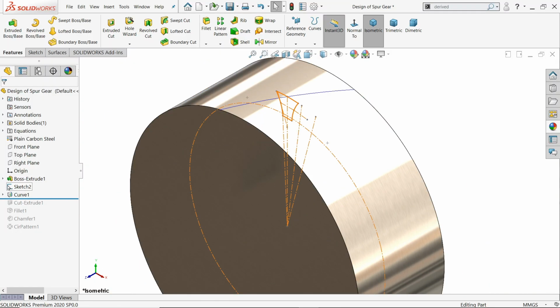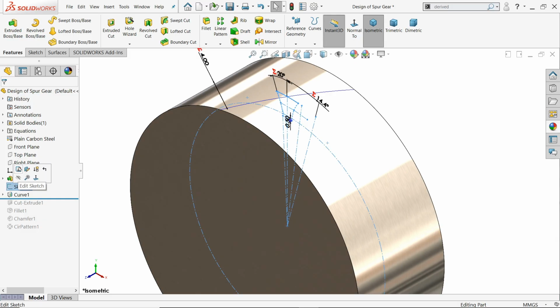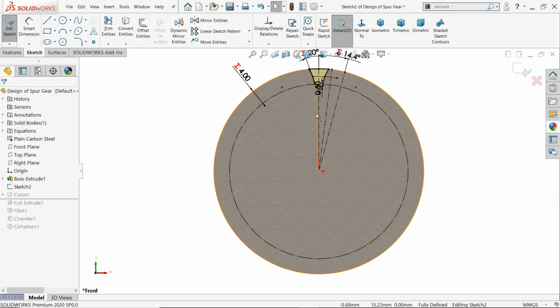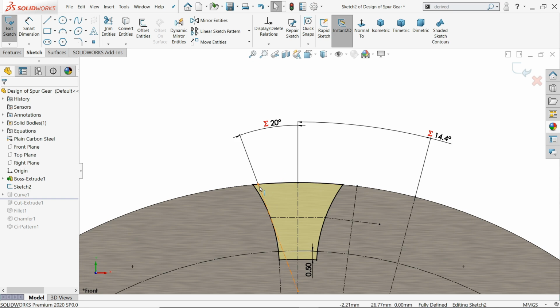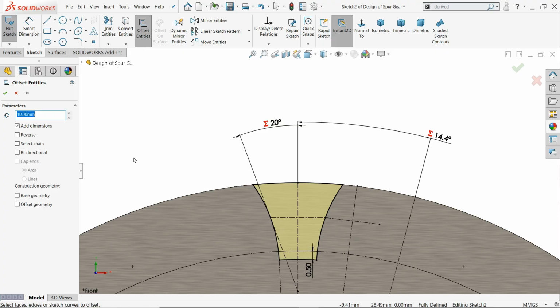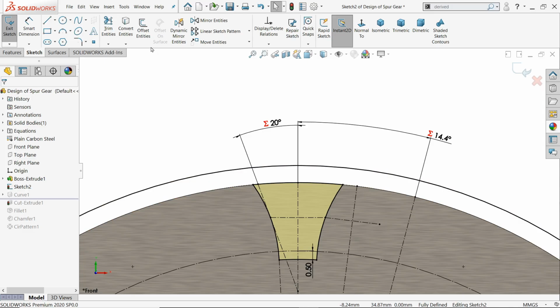Now here, edit sketch. In our previous tutorial, actually, we should expand this one, otherwise it will create a problem when we are going to cut, because this is a circular face. So we will do 1 millimeter, and let me choose this one, offset, extend entities.